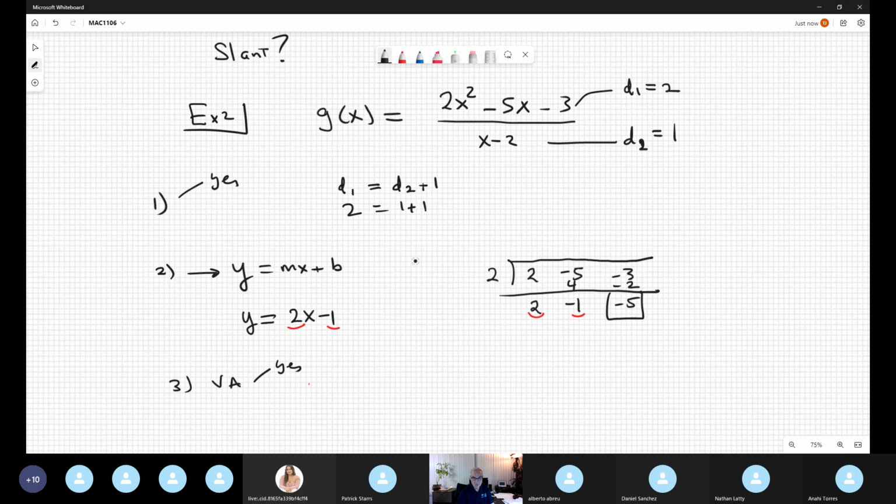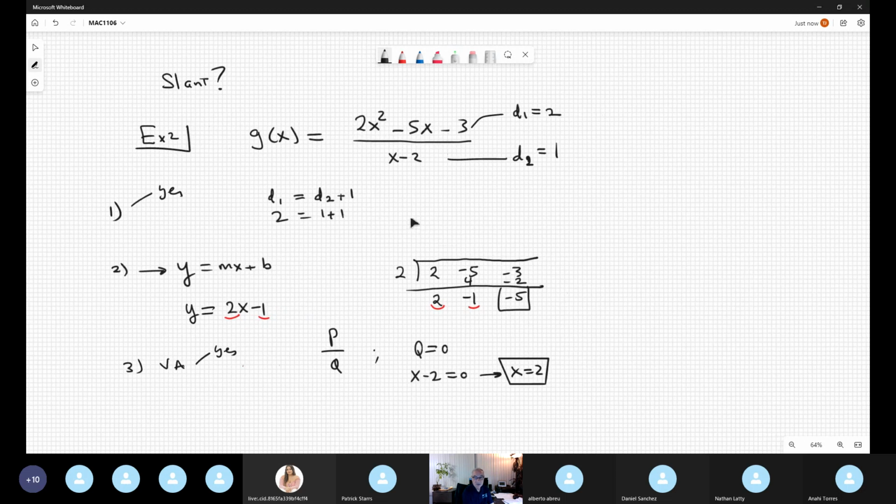Don't worry, I'll refresh your memory. Remember, you have P divided by Q, a polynomial. The formula to find the vertical asymptote is you take Q, the polynomial at the bottom, and you force it to be 0. In our specific example, x minus 2 equals 0. Therefore, at x equal 2, we have a vertical asymptote. So in this case, you have two asymptotes, one a slant, another